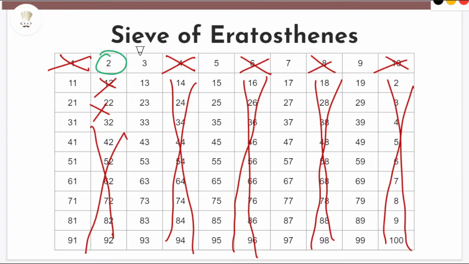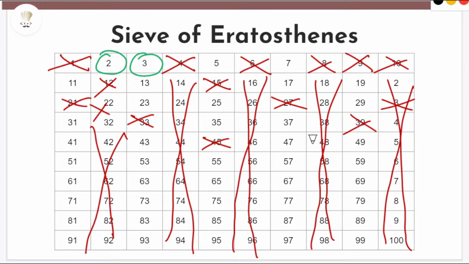Next, you go on with the iteration. You go to 3, and this is also a prime number, so you cancel out all of its multiples as well. So that will be 3, 6, 9, 12, 15, 18, 21, 24, 27. If the number is already cancelled out, you do not have to cancel it out again. But you will still go on to the number to see if it's a multiple, if it's cancelled out or not, right? 33 will be cancelled out, 45 will be cancelled out, 39 will be cancelled out, 51,